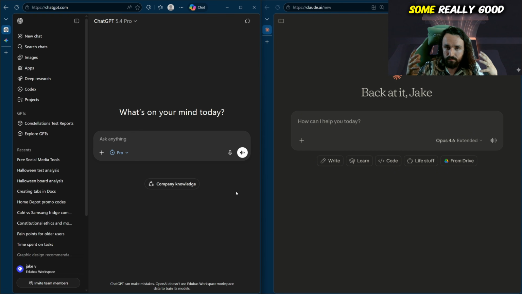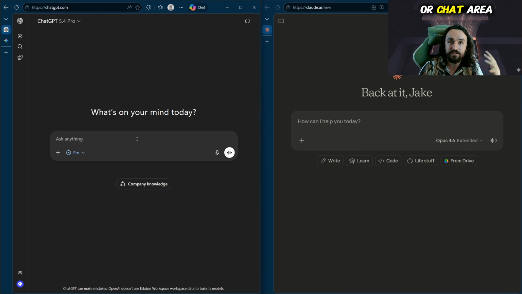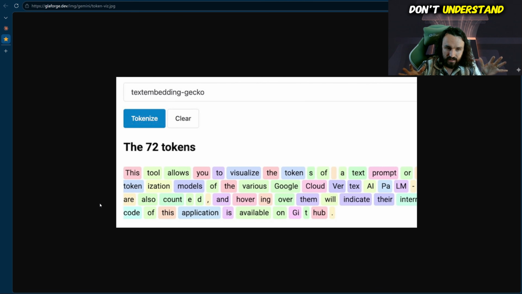And don't get me wrong, there's some really good prompt engineering techniques out there, but at the end of the day, AI can only hold so much in a single information or chat area. And even further, that's not your workflow. Having to have it create a whole bunch of stuff and then re-edit it again, it's not sustainable, it's not scalable.